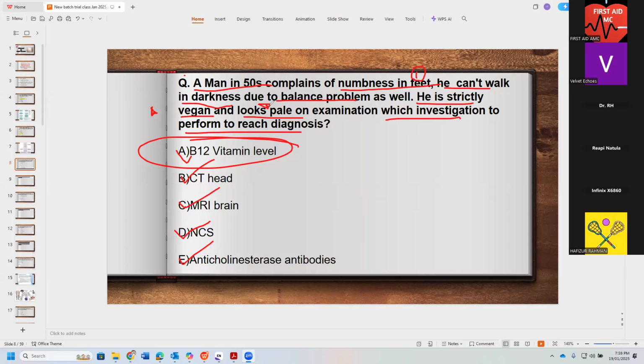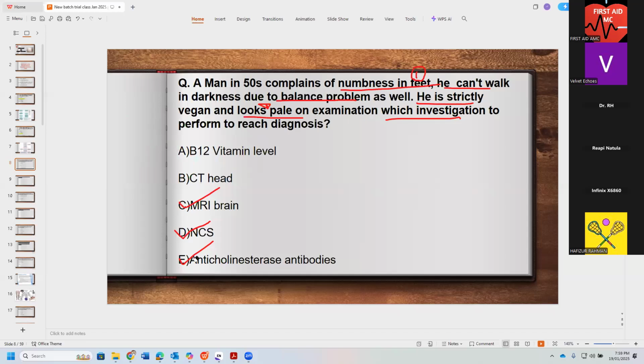So it will start with problems like vision because there will be ptosis of the eyes. Number two, they will have problems with swallowing and speech difficulty. They will feel tired at the end of the day. They will have weakness of the upper limb as well. So descending paralysis. Ascending paralysis from bottom to top happens in which syndrome? Guillain-Barré syndrome. Always remember Guillain-Barré syndrome from bottom to top, myasthenia gravis from top to bottom. So we do these serology tests in myasthenia gravis.